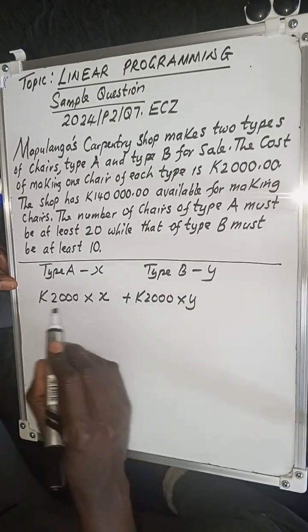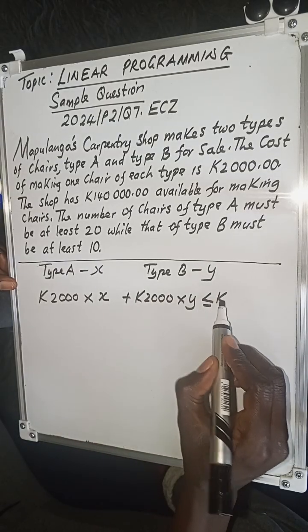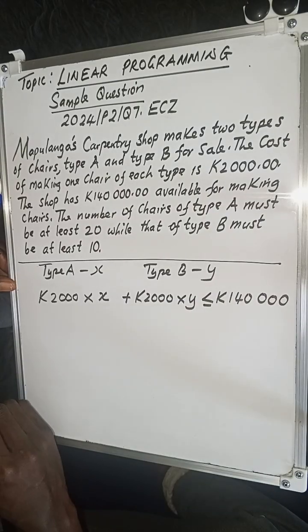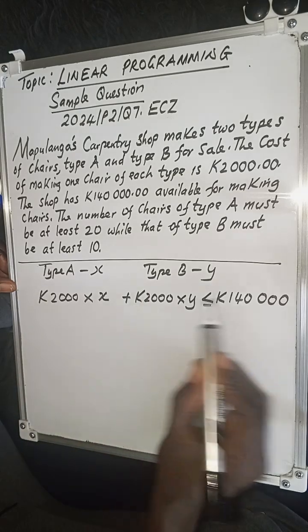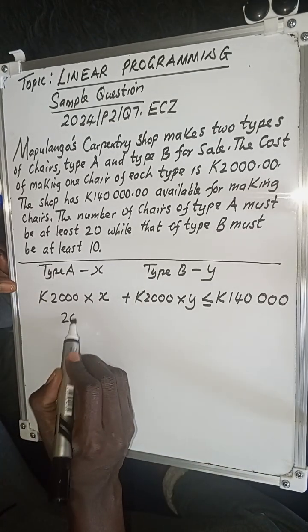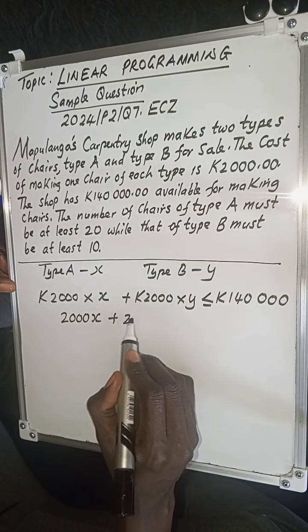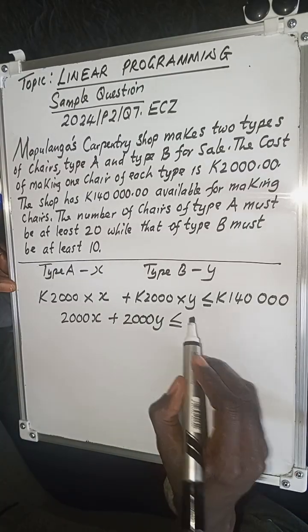So the cost of making both type A and type B should be less than or equal to the total money, which is 140,000. When you multiply that, you can ignore the K because you can cancel out the K. So 2,000 times X gives 2,000X plus 2,000 times Y gives 2,000Y, which should be less than or equal to